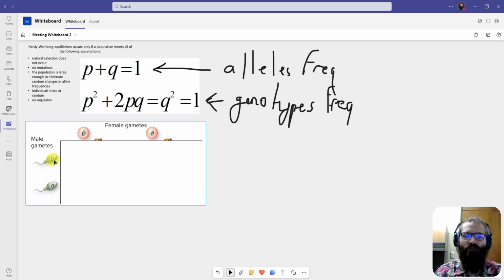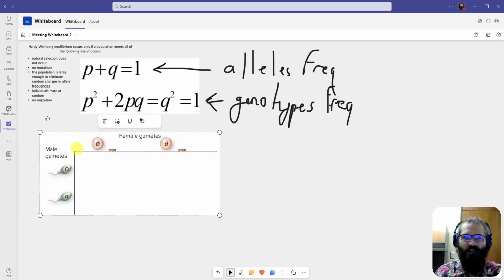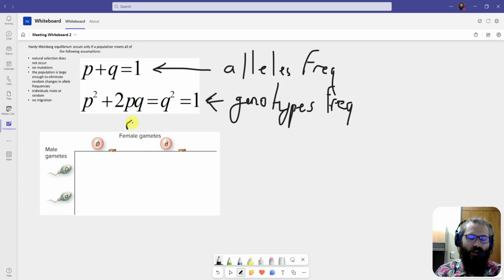The reason why we go for heterozygous is that this indicates your parental individual was big D, little d, in parentheses. And same thing here, which is why you have half of the gametes being big D and half being little d, right? Now we want to remember that big D equals p and little d equals q,